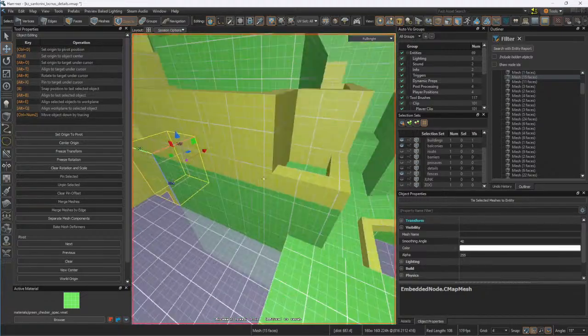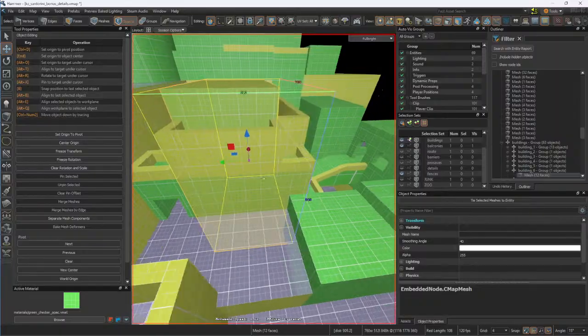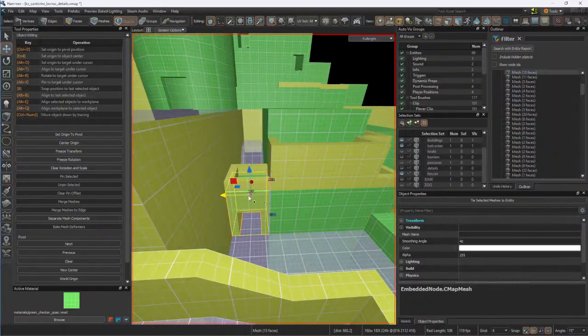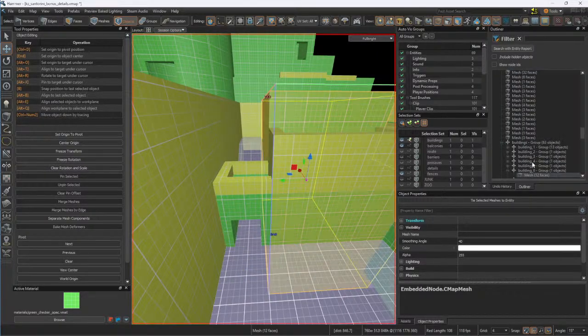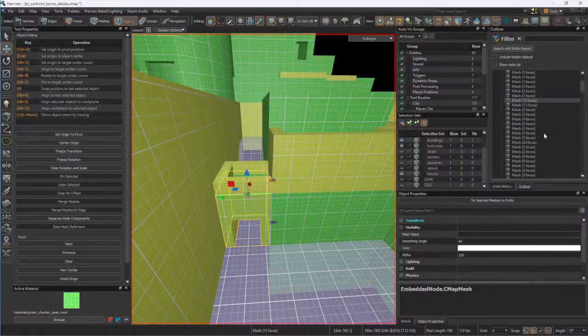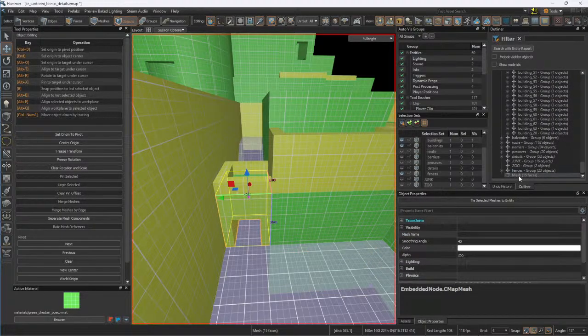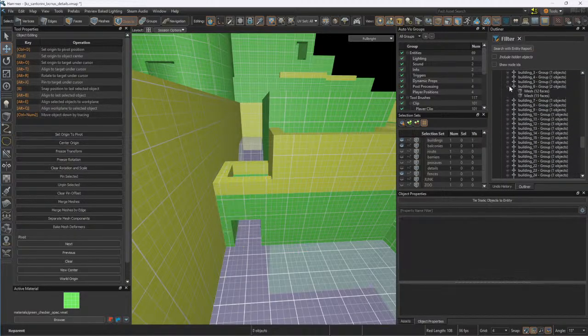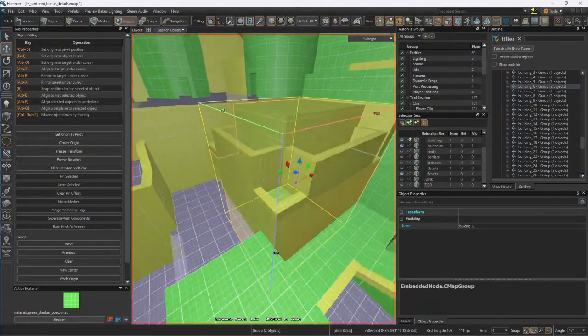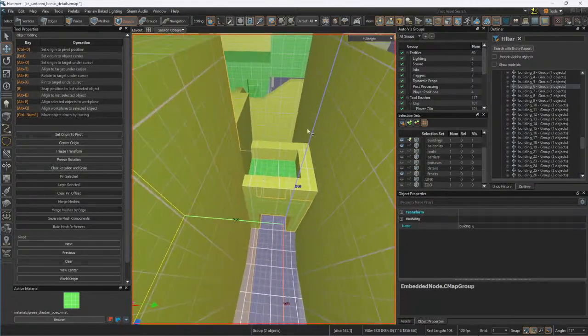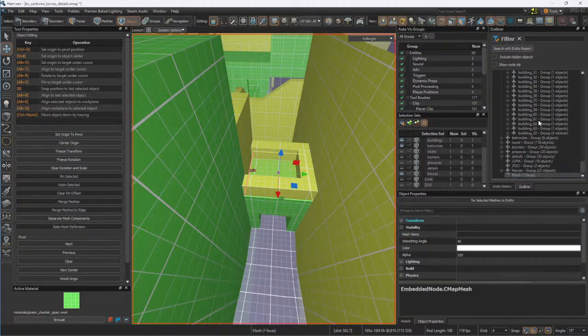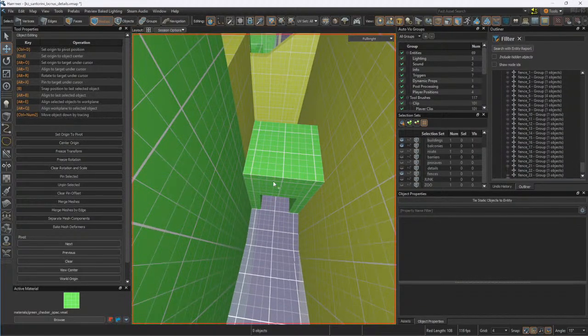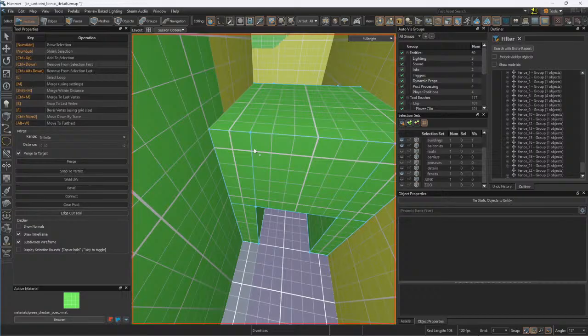Similar to how this would be a balcony, but since this is all part of one building, I may as well include this as part of the building as well. So this is building 6. Group, ungroup. Let's scroll all the way to building 6. The top face is not included for some reason. That's an easy solution though. Is it easy? Well,